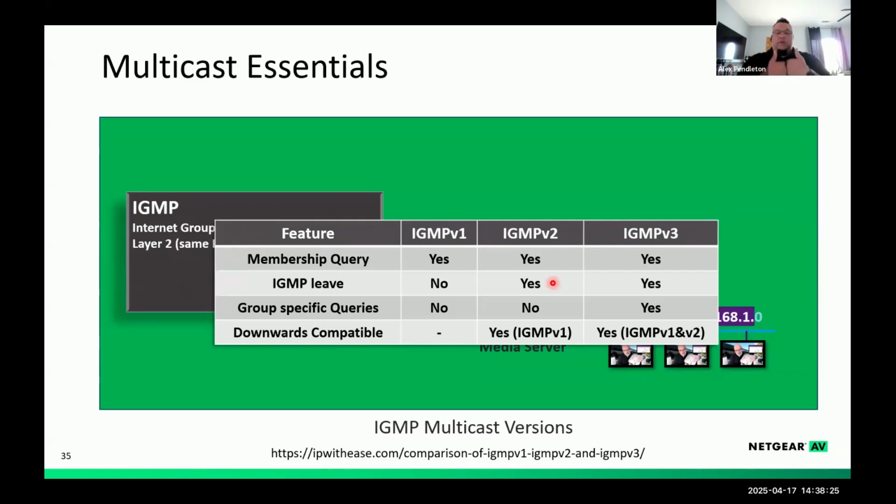That means if I was an endpoint listening to a multicast group and I want to listen to a new multicast group, which is a new stream to show a new display or hear a different audio, as soon as I receive the request from the control system to change my group, I send to the switch a new membership report, and that processes a system called fast leave on NETGEAR switches, which gives you that dynamic nature of modifying your AV over IP experience.